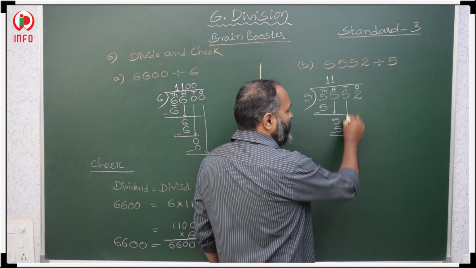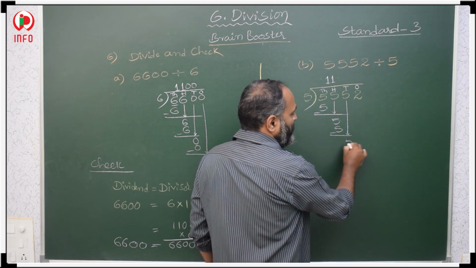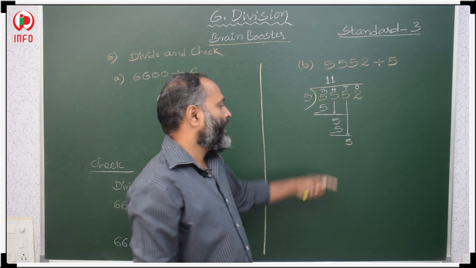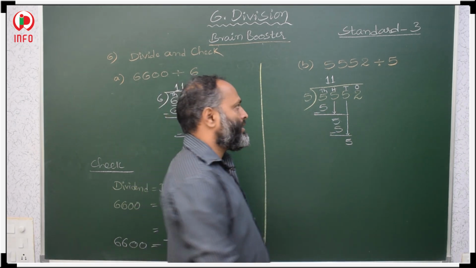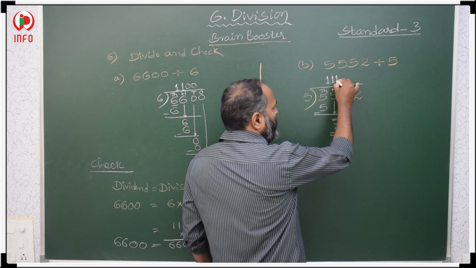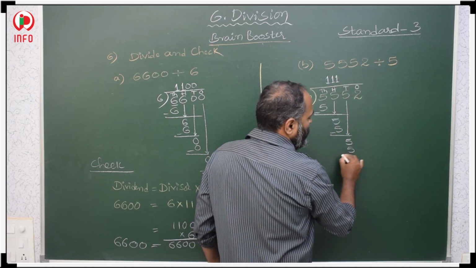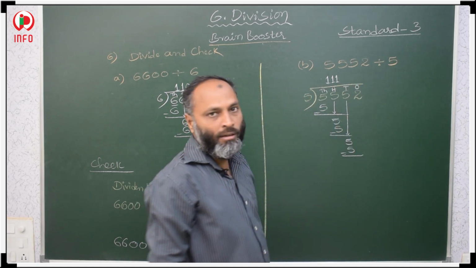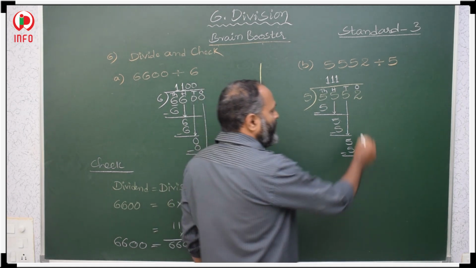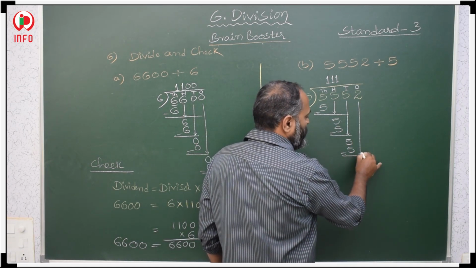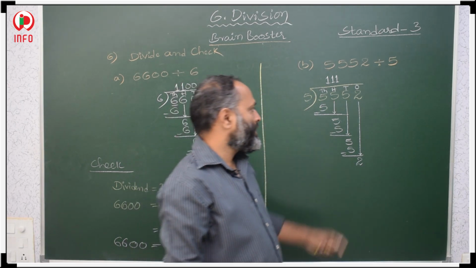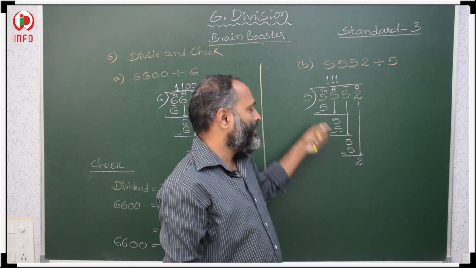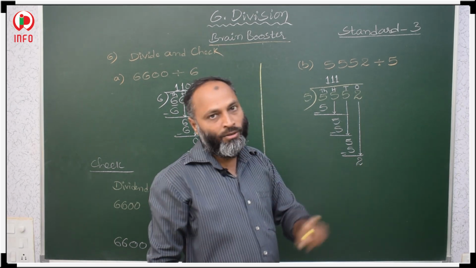Then you go for the next place, that is tens place, divide tens place. Again 5, 5 ones are 5, minus same number is 0. Then you go for the next place, that is ones place. So this 2 is not a remainder. Just 2 is left, 2 is less than this divisor. So this is only the remainder, don't do like that.